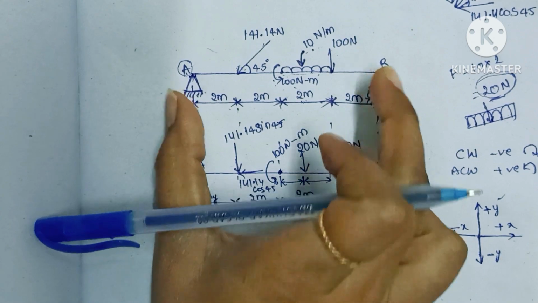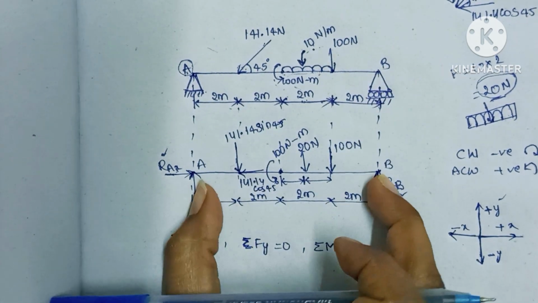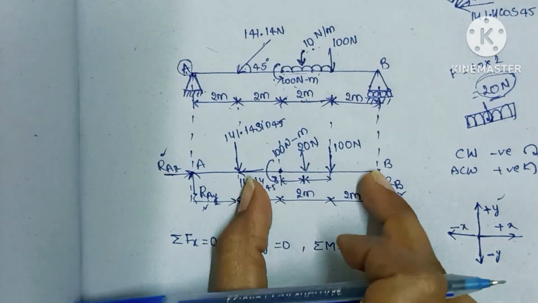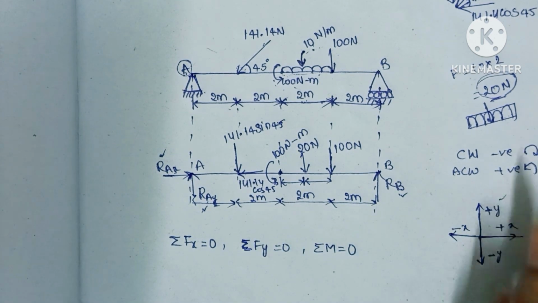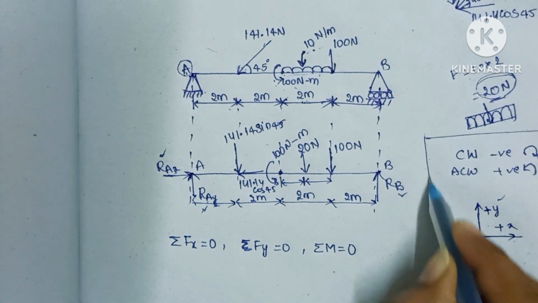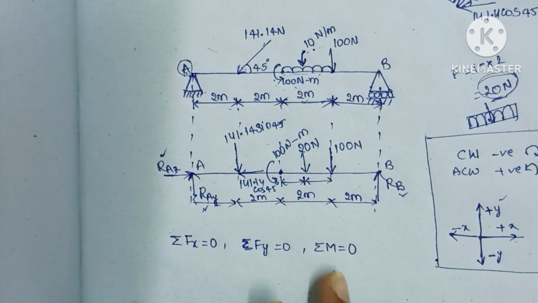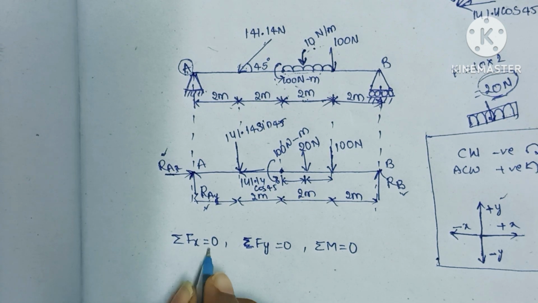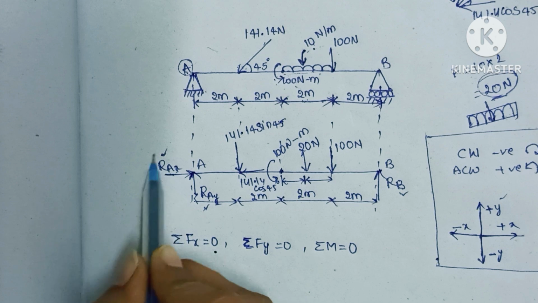First we have to convert this diagram into a free body diagram, and for that we need to convert every reaction force into point loads. Next we have to know the sign conventions. This sign convention will make so much difference to the answer. First we will see forces acting in the x direction equal to 0. So if we see here we have RAX and